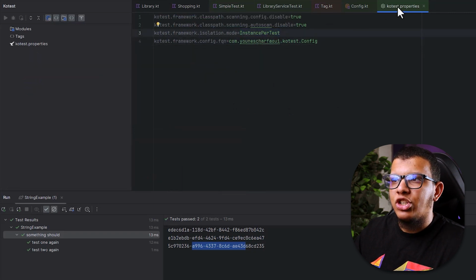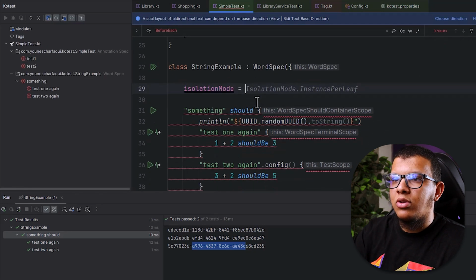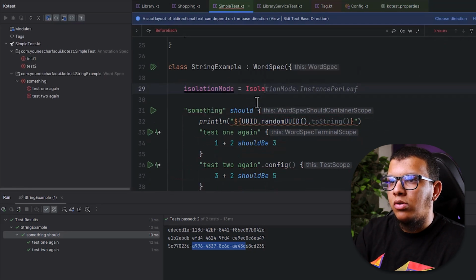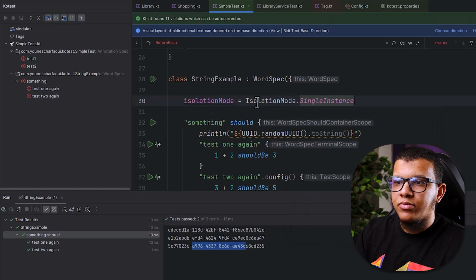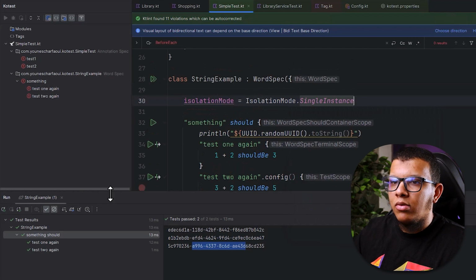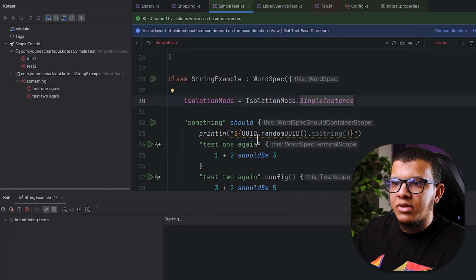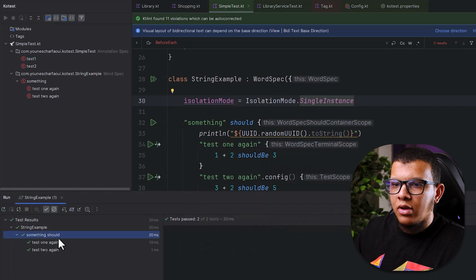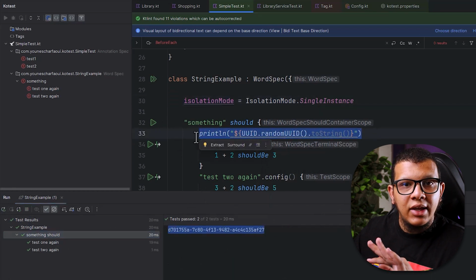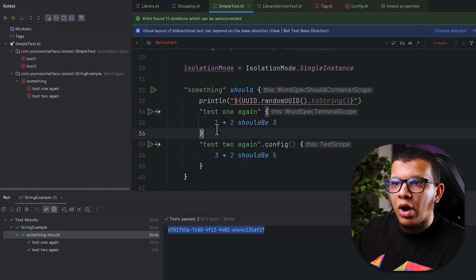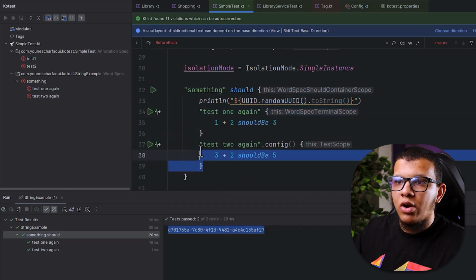All right, I can change it. For this test specifically, I can go here to isolation mode and, for example, use single instance. So what will happen if you run it right now? Let me run it. With a single instance, you can notice what I'm having. Here, only this one will execute once. That's all. We are not going to execute it for this one,